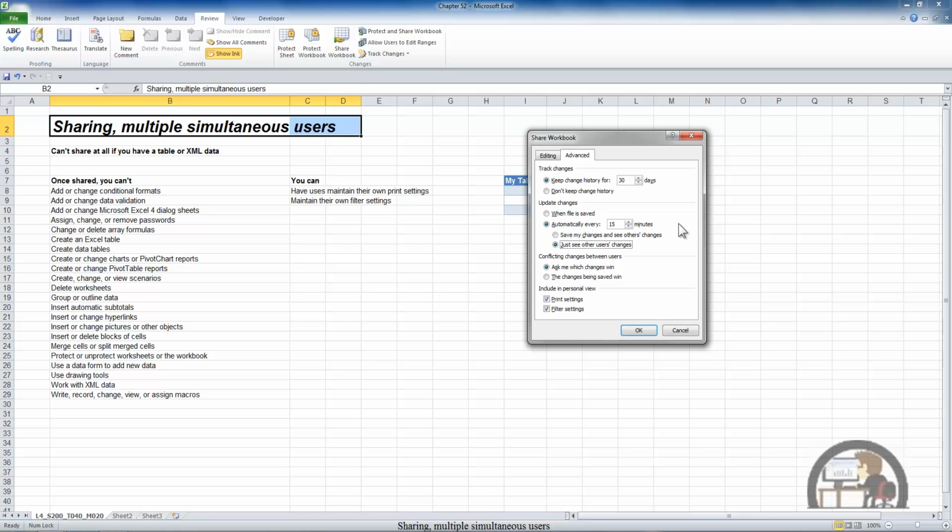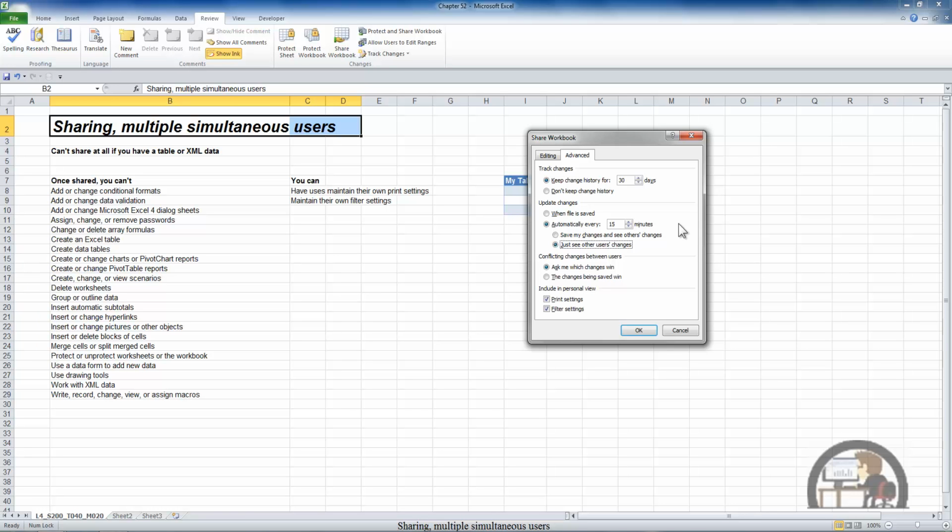Those two settings can be useful if you have multiple people accessing the same content, the same worksheet in the workbook. Many times shared workbooks are distributed where individuals have access to their own region, their own range, or their own worksheet. If that isn't the case and multiple people are accessing the same content, you may have a conflict where somebody's trying to change a cell that somebody else already put a change in for. If that's the case, you can have conflicts